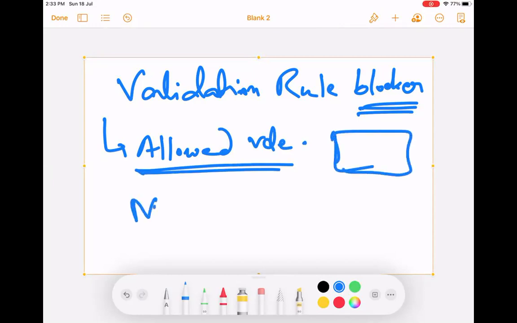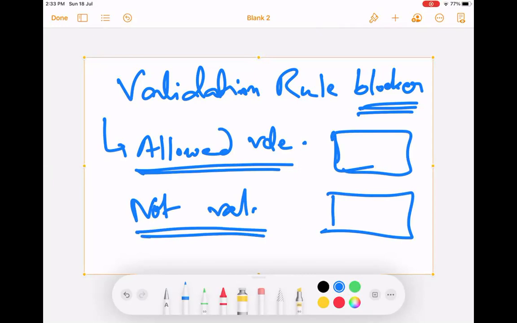If you are getting not allowed values, then that's very easy. Then you just write the validation rule on the not allowed values. Sometimes you get allowed values. In that case, you have to reverse it. Sometimes you get not allowed values. Then directly you use that condition in the validation, right?